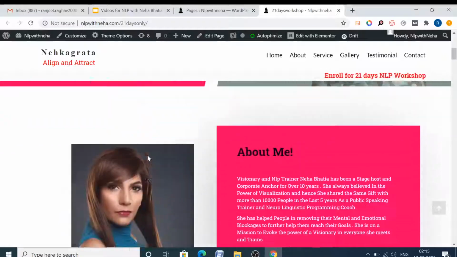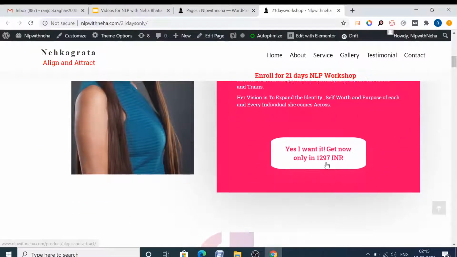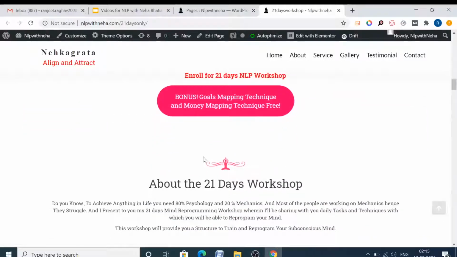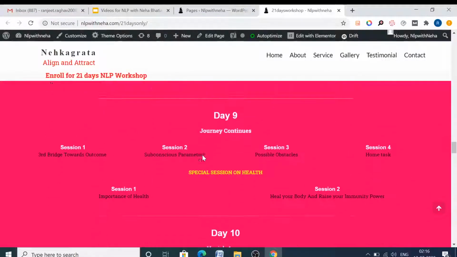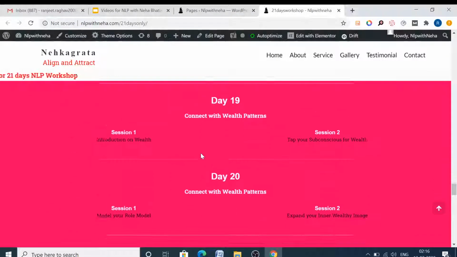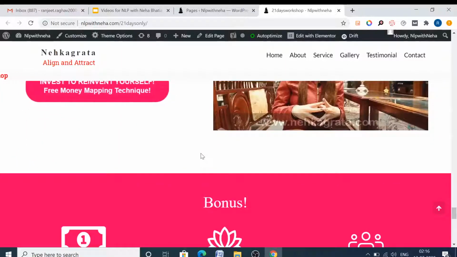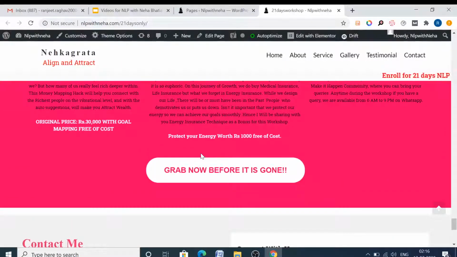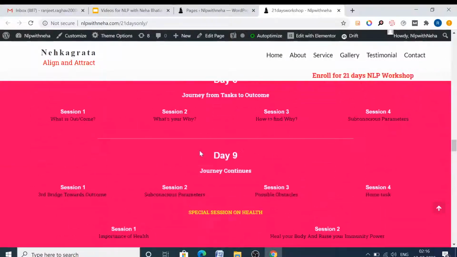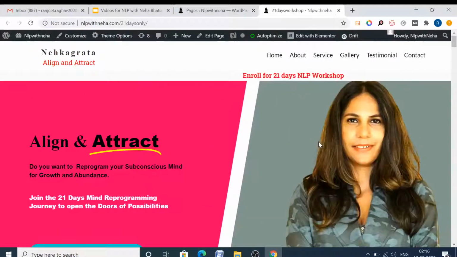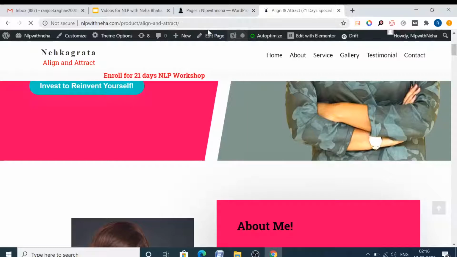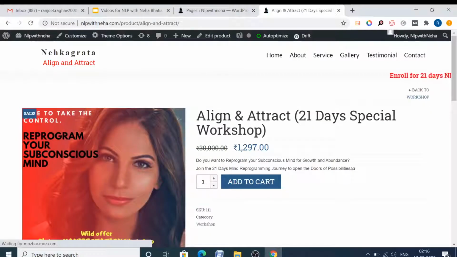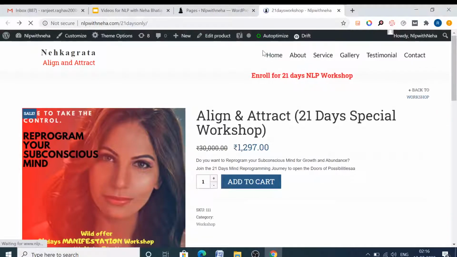Okay, here is the page, and if we see if there are any prices, yeah, here is the price which we need to change. And any other place. Okay, that's the only place we are going to change. So that is one place on the page. And post page, we are also going to change the prices on this part where they check out on the product page. So the first thing we do is we change on the page.